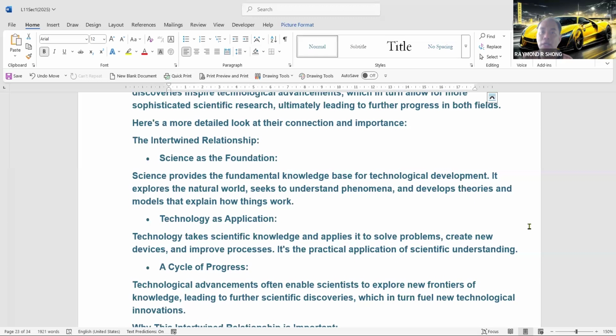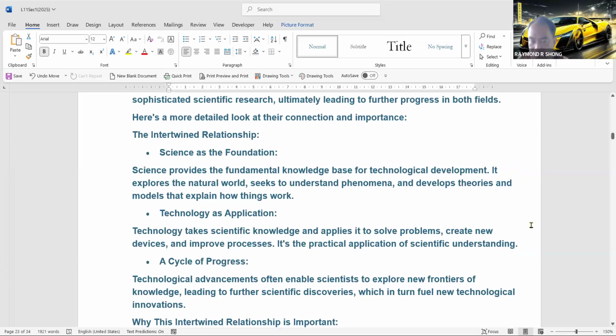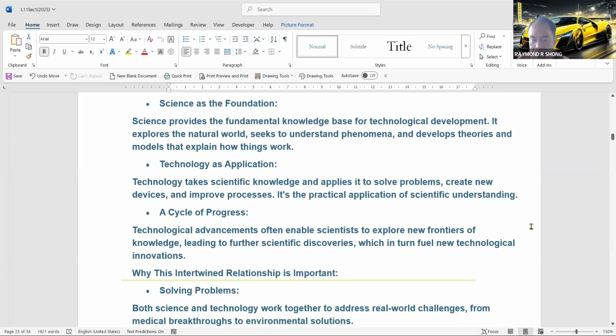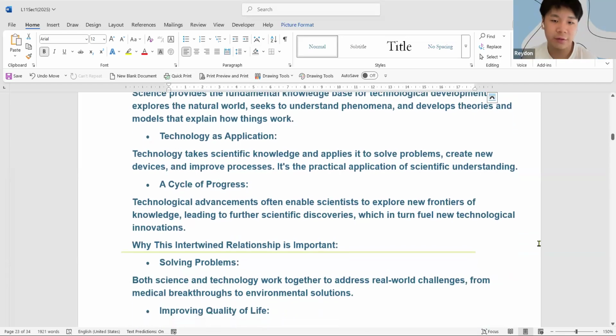But we can't live without these subjects because these are the theories. These are the ones that today you and I can sit in front of the monitor to do the Zoom, to do the internet. Is the birth of ARPANET, right? For the internet, for ARPANET. And this is where we are embracing technology as an application. Back to you, Raiden. Technology takes scientific knowledge and applies it to solve problems, create new devices, and improve processes. It is practical application